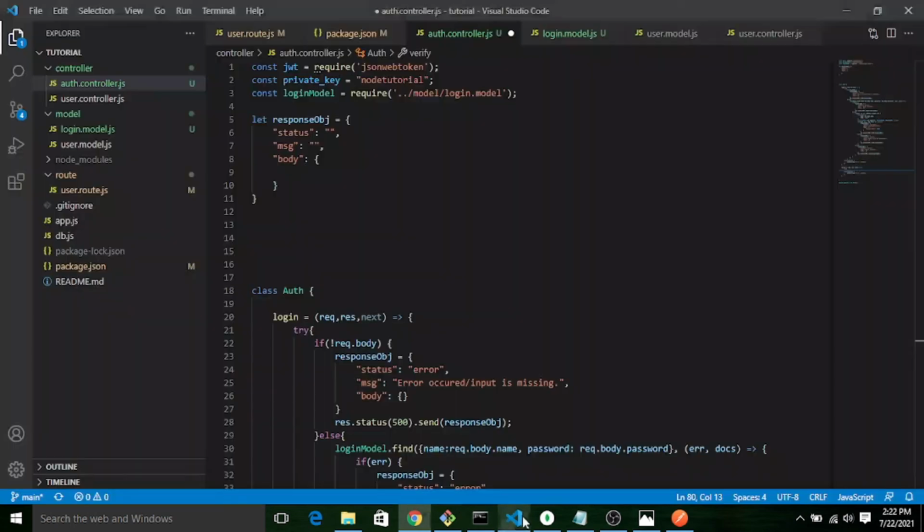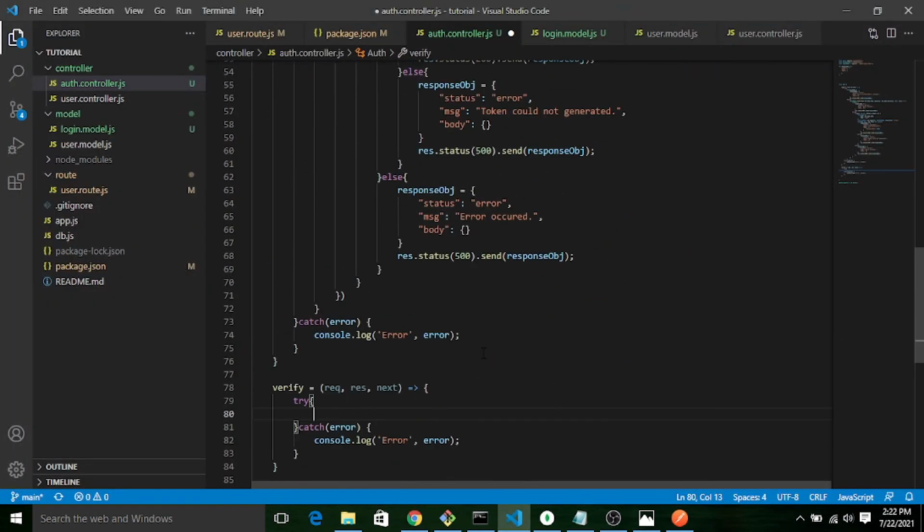And paste over here. But before that, we will extract the token value from the header. So let me do first, put one condition.